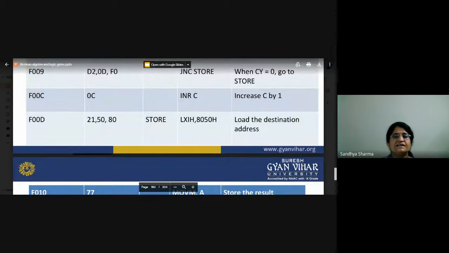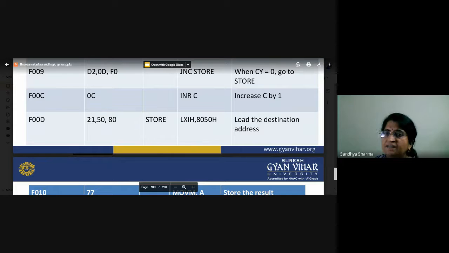LXI H, 8050H: load the destination address. Suppose your destination address, where you have to store any type of program, is 8050H. So first of all you have to load the 80, after that 50, and then 20. Now what will happen?